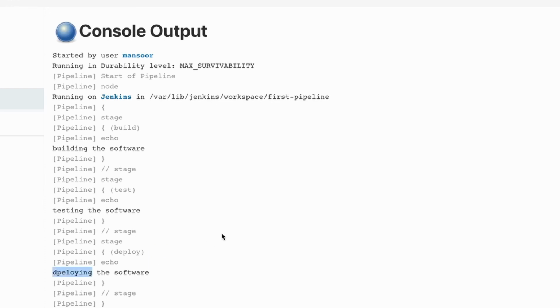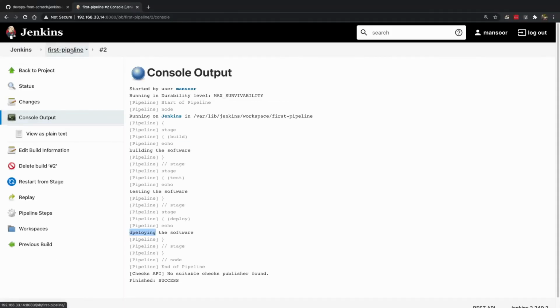Okay, that's a spelling mistake. Anyway, so this is as basic as it can get. So what exactly does it mean, or how exactly is it useful to us? This is useful if we were to use it in a real scenario. We can actually use it to first build our software, and then if that succeeds, we run some tests on that software itself, and then if that's also fine, we can go ahead and deploy it. As we have talked about in the previous video,